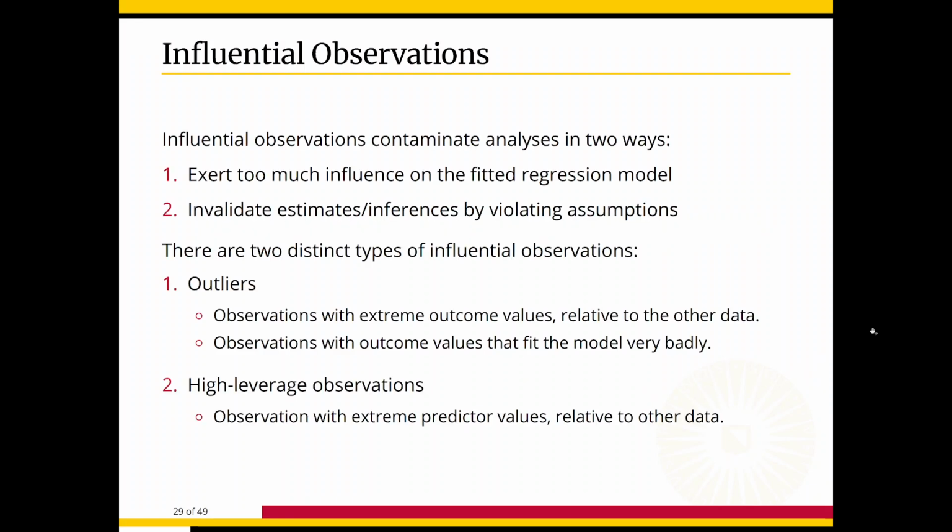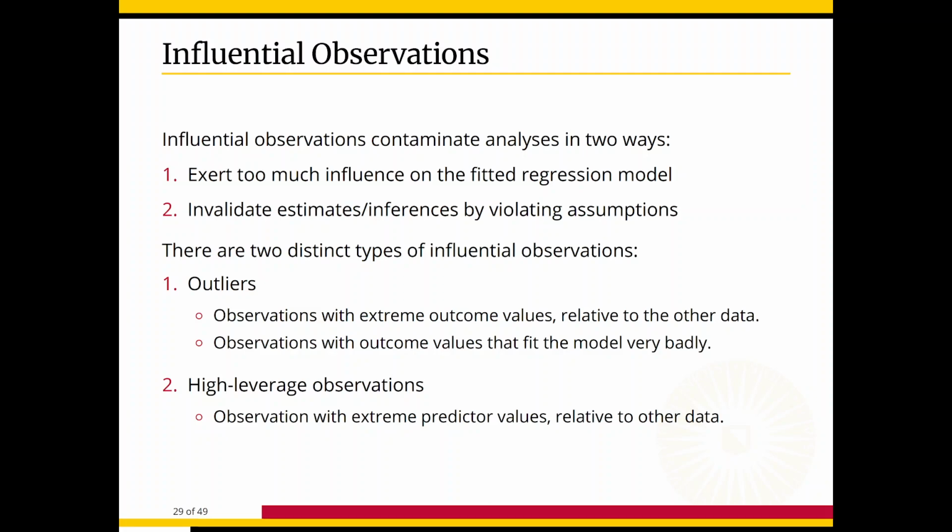So, what is an influential observation? Well, it's pretty much what it says on the tin. It is an observation that has too much influence on the results of your model estimation. And that influence can come just by kind of pulling the regression line too far toward itself. So this is a case that may just overly influence the slopes or the intercepts or whatever. Or it can cause problems by invalidating assumptions,